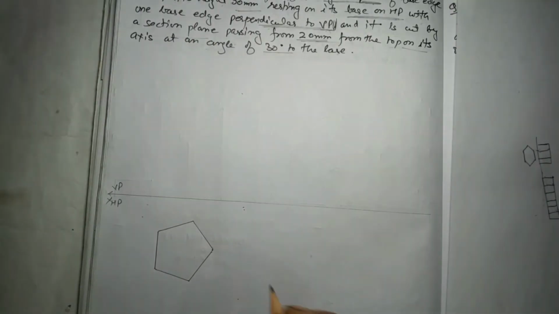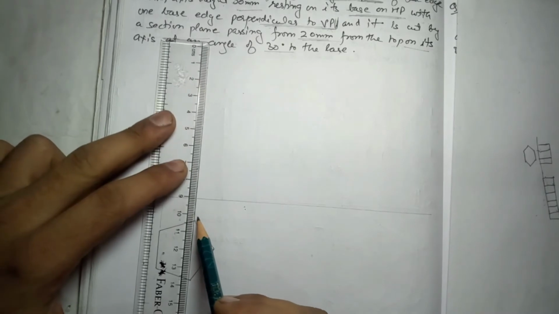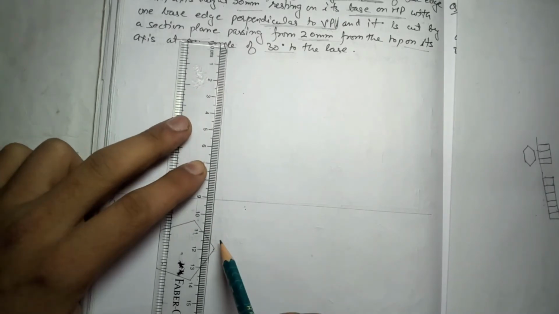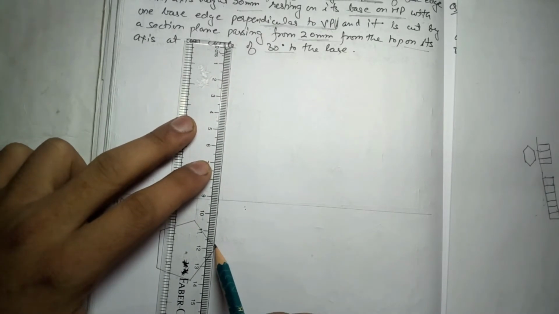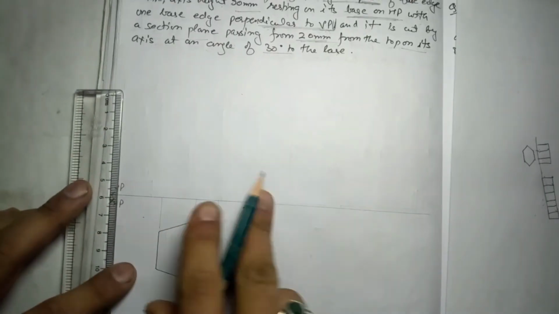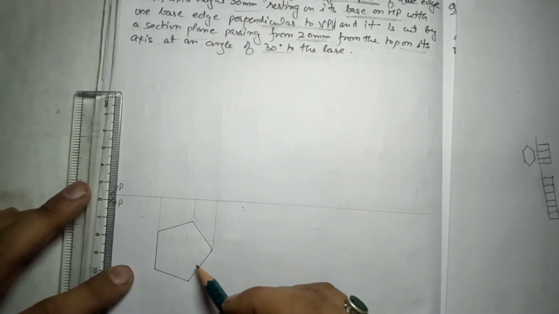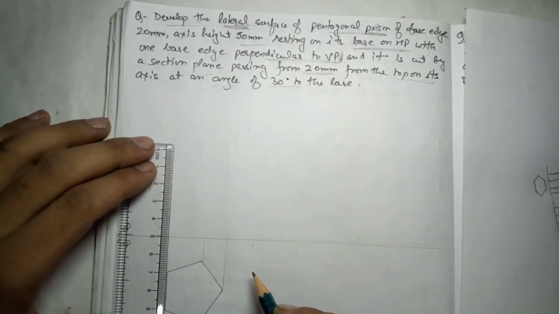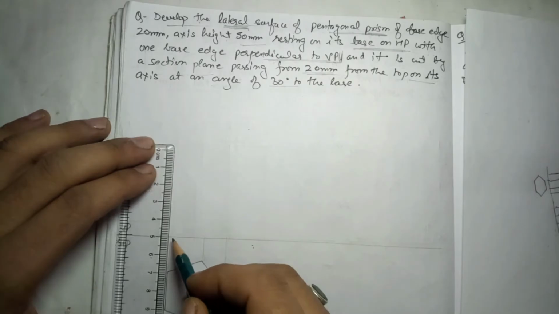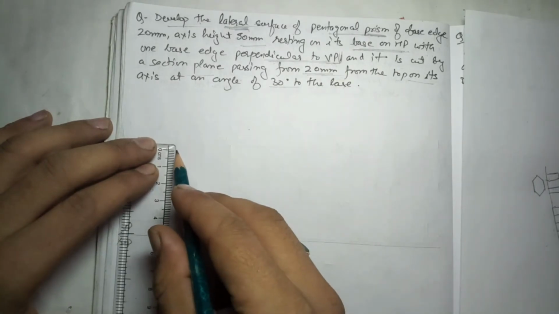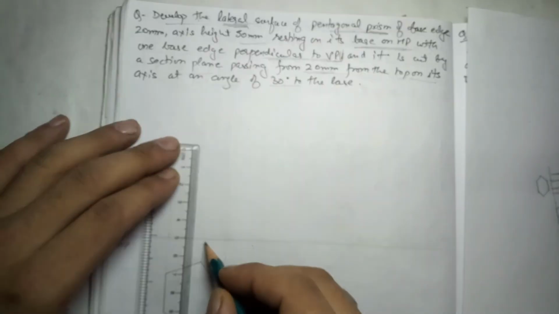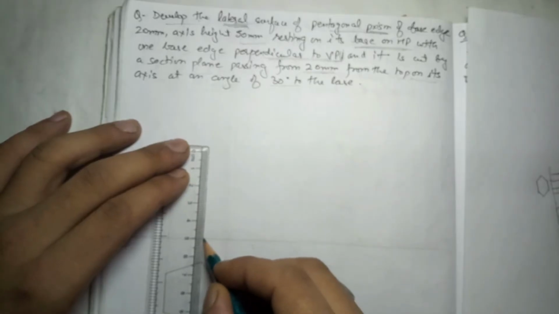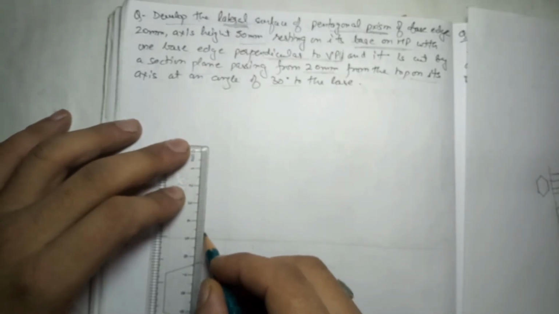I have made it dark because there will be no change in the top view as we are developing the sheet, the surface only, not the filled object, the hollow object. So that is why I have taken the top view dark. Now I have taken the projection line, height is given 50. So I will take these projection lines upward, but very light, because later on we will decide which part will be dark, which part will be light.